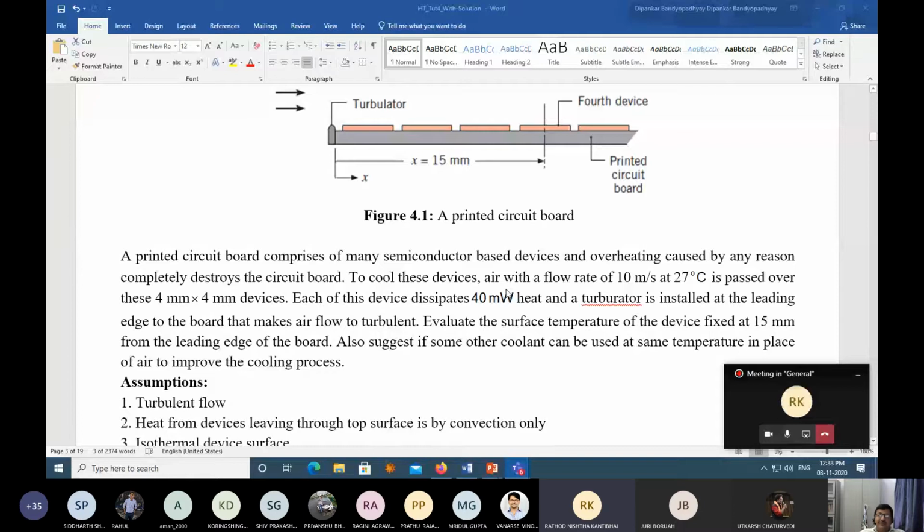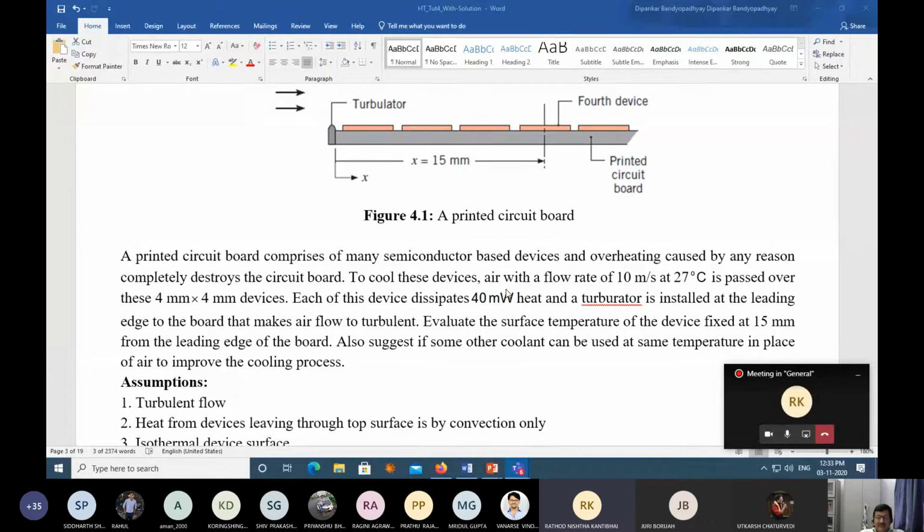This is the way you have to break down the problem, because it's a correlation-based situation. If you don't break down the problem, you will immediately be in trouble. You will start using the wrong correlation. So first I have to identify whether it is conduction, convection, or radiation. Once I am convinced that it is due to convection, now convection means forced convection, natural convection, or a mix of both. Once I am convinced with that, then laminar or turbulent. Now based on that, your correlations are different, correct?